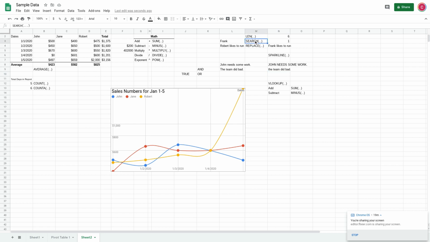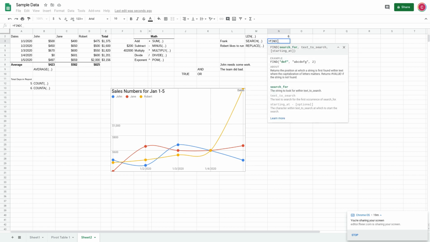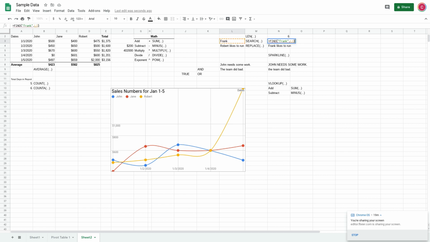Sometimes you want to work with case sensitive things. So let's say instead of SEARCH, we're using FIND, which is a case sensitive function. In this case, if we're searching for Frank in all lowercase, the text to search is this one. You can see it doesn't find anything because this is lowercase and this is not lowercase. But if we take the text to search and we use LOWER on it, then you can see it finds it no problem,